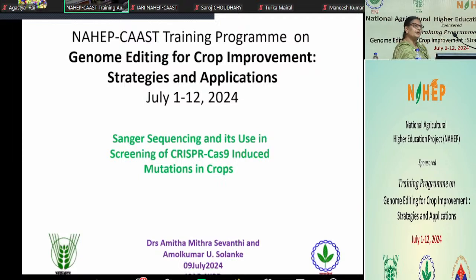It is recommended that for genome editing also you do the forward and the reverse separately, and get both of them sequenced, because I don't know whether you have learnt TILLING. In TILLING also, this will tell you, let us say, if the 300th base pair is the place where the editing has happened. Now